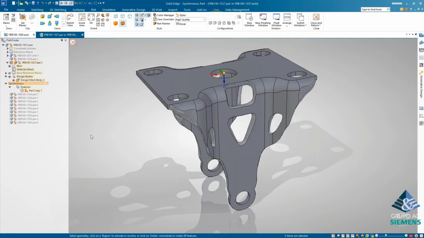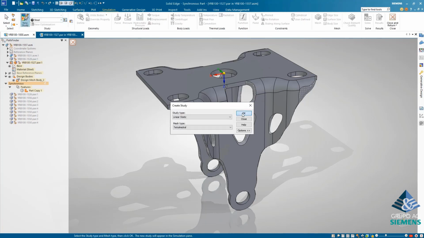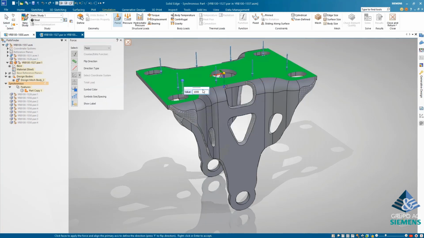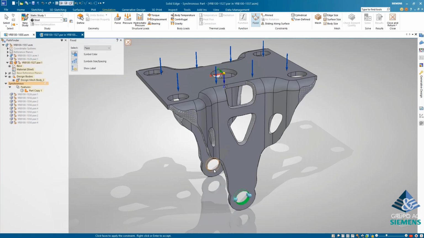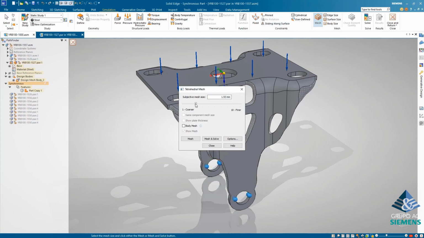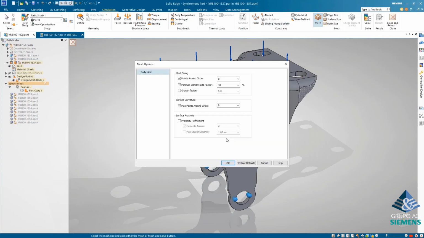Moving to structural simulation, Solid Edge now supports the ability to analyze these hybrid mesh and BREP models. This allows us to easily validate the results of the generative study by applying the same loads and constraints to a new study. The body mesh option, which is now available in the part, assembly and sheet metal environments, has